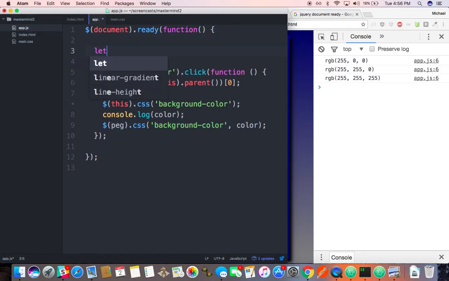Right here, I'm going to say let selected color equal, and what this is, is an empty string. So it equals a string that says nothing, not even a space. When I click it though,